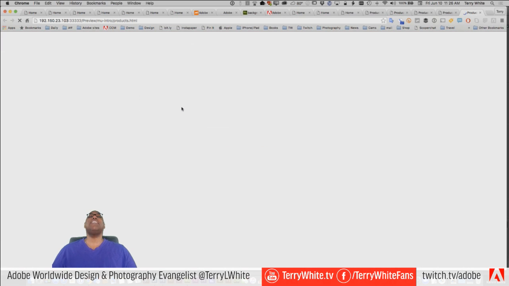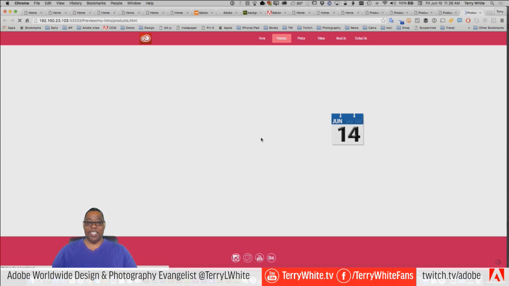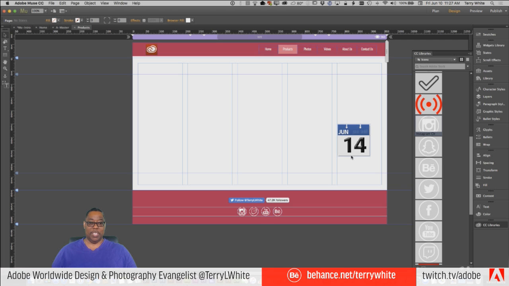Oh, it's rendering that thing again. There we go. So we got the nice bevel and emboss on it that we wouldn't have had if we'd just done the text in Muse. Okay, so that would be a rare scenario where you would do it. Now there's one more example where you would use a Photoshop file. And we can go make one right now.